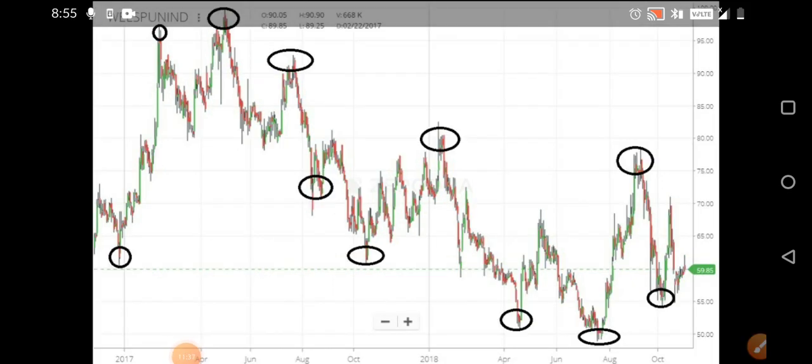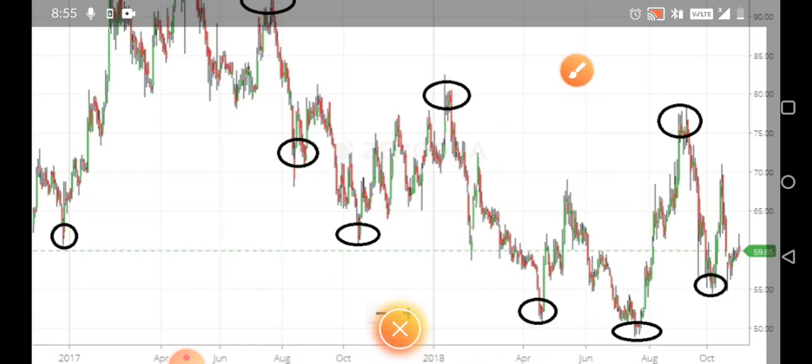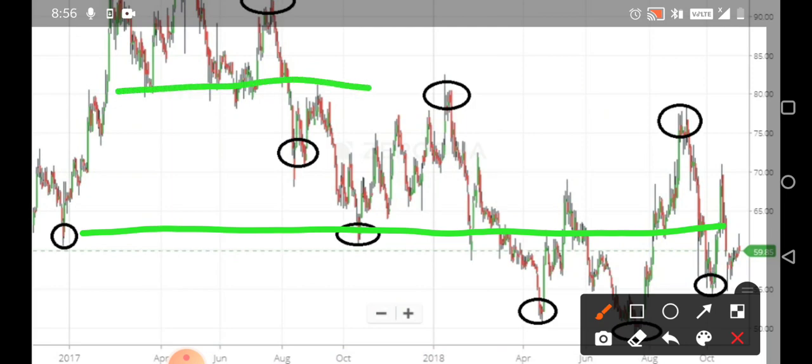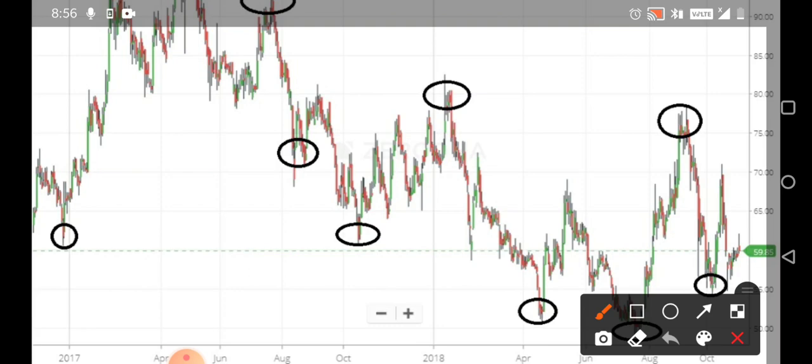In this particular example, we'll try to understand something very important. So this is going to be the second example. The first example, hope you have understood. In the second example also, you can see these are the particular regions where we are seeing a little hindrance, right? So this is the particular region. You can draw lines here. This is the particular region where the stock is facing hindrance, and in the same way this is the region called support.